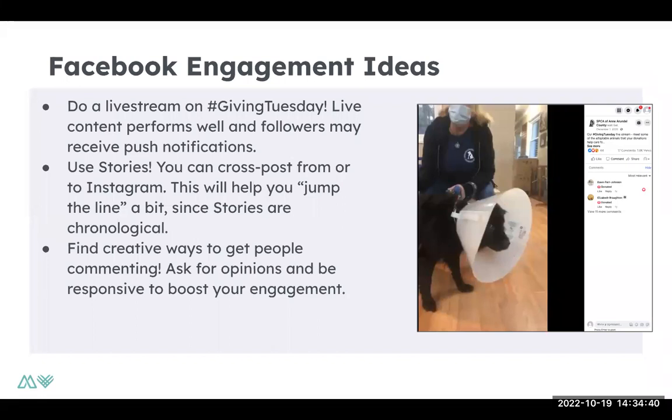And there are so many different types of campaigns that we've seen in the past of different ways that people have engaged audiences on Facebook. We've seen fashion shows where people have created a peer-to-peer fundraising campaign around a crazy pants competition, and people shared photos and videos of the crazy pants they wore for their event on Facebook. If there's a particular hashtag, or if you have volunteers or supporters that you ask to share their story, those are all really great ways of having people engage with your organization on Facebook.